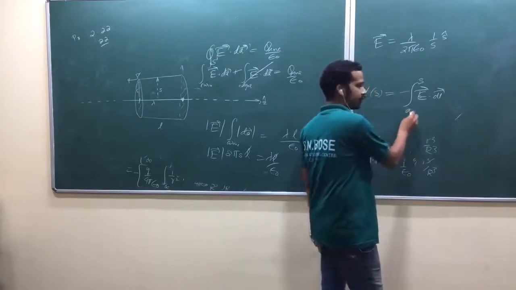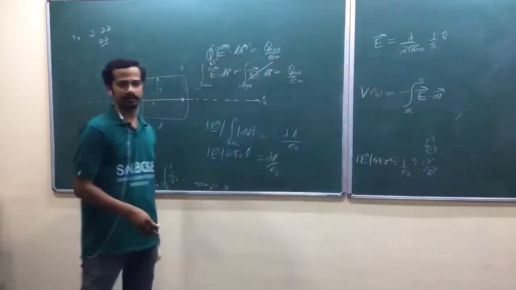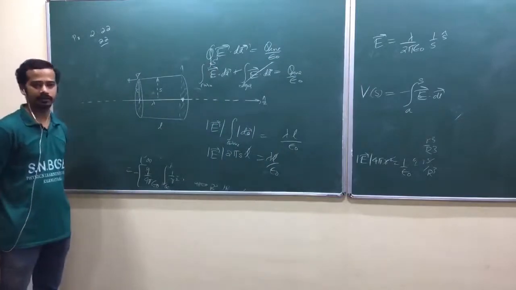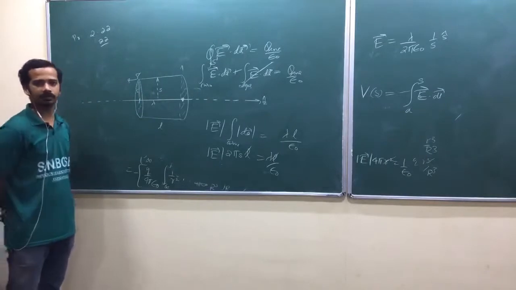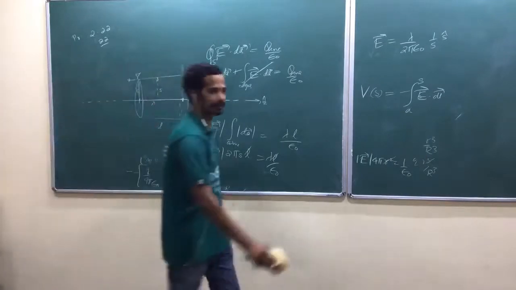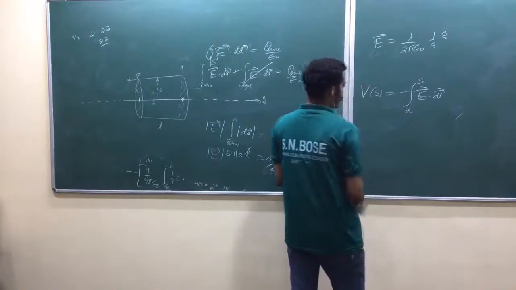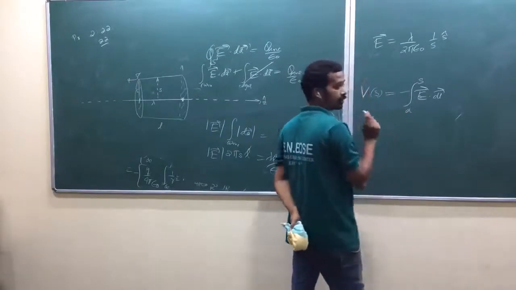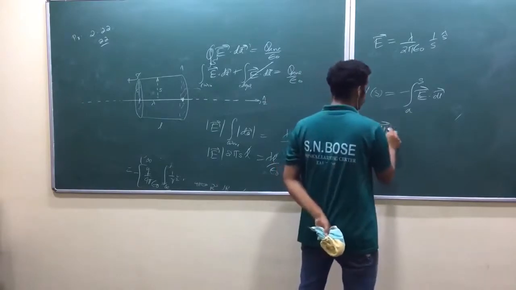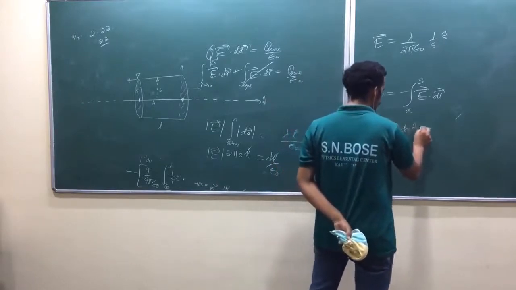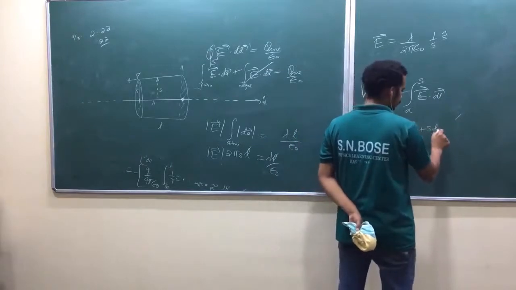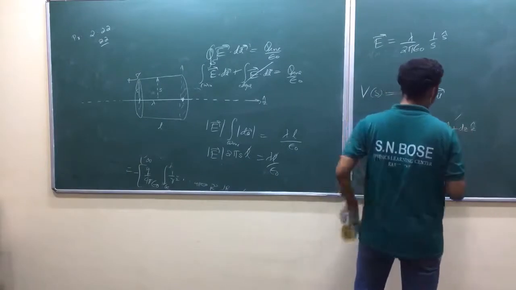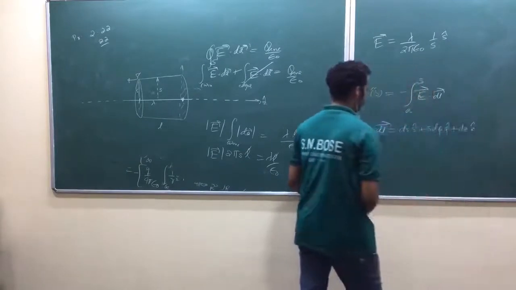That's why what shall we take? We shall take some point A. It's not unique. So if they ask any question on this, they will ask potential difference. Potential difference is independent of the choice of the reference point usually. So this is our choice now. Again, you are doing the integral in cylindrical coordinates. What is your dl vector? ds S cap plus S d phi phi cap plus dz z cap.